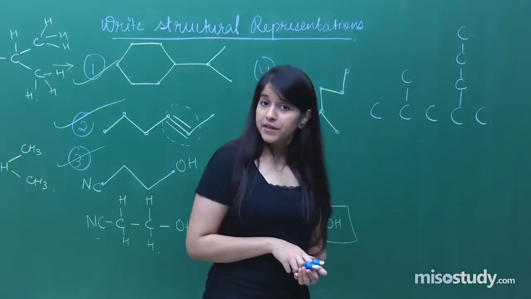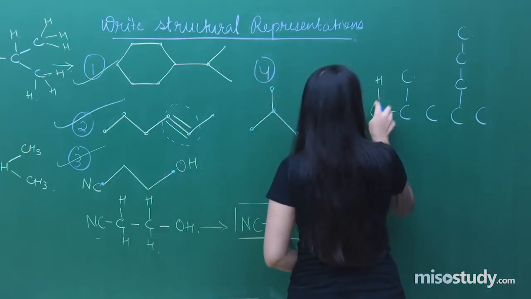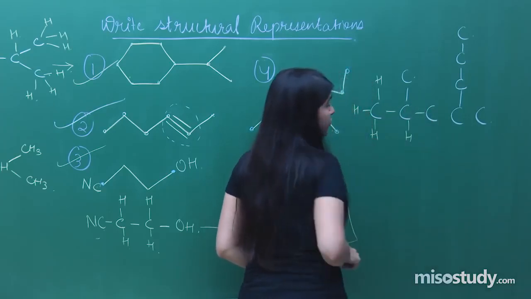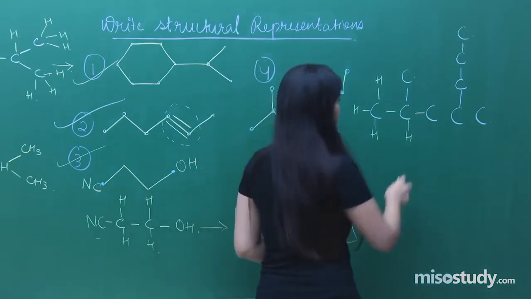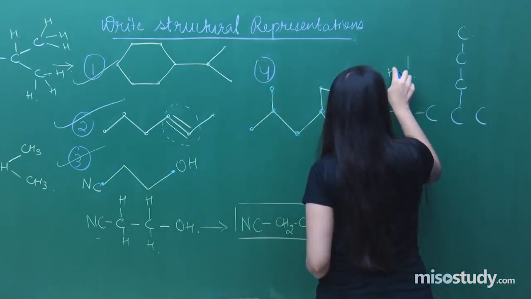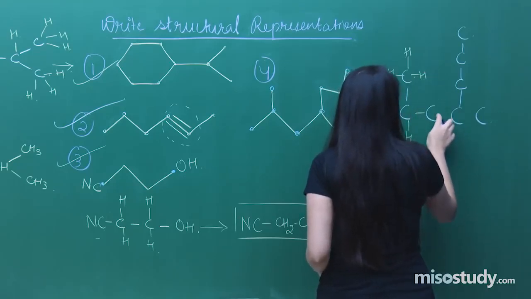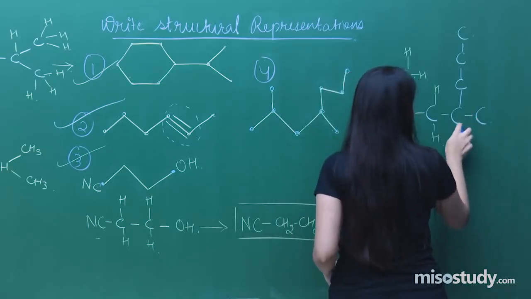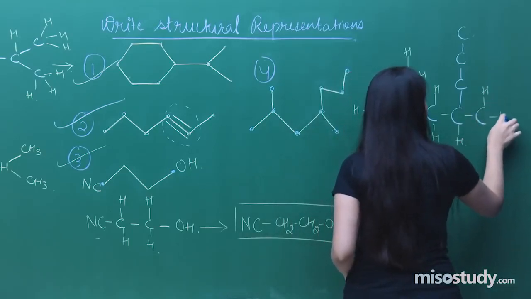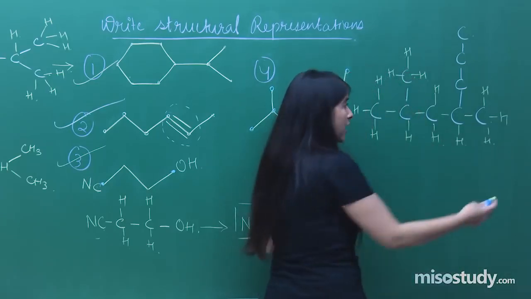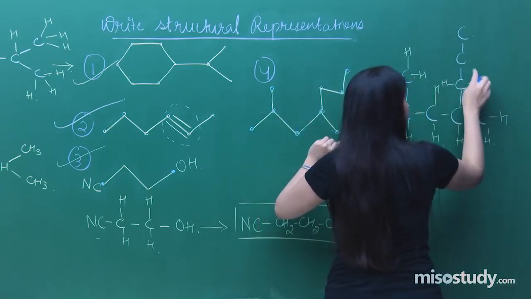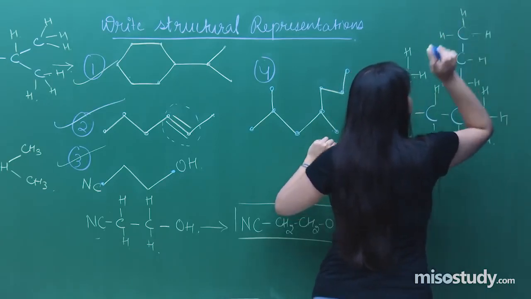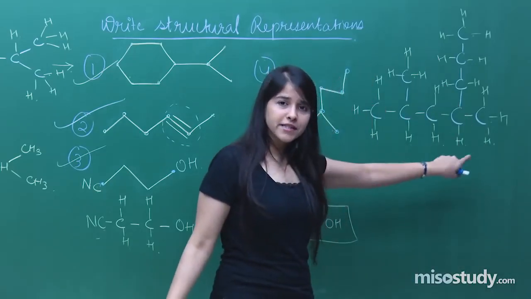Again, I need to complete the hydrogens. It's a methyl. So again, I need to attach 1 hydrogen in order to complete 4 bonds. Here it is also a methyl, 2 hydrogens. I hope everybody is following me. That is what you need to do. Again, 2 carbons, 2 carbons, 3 carbons. So that is how you are going to represent this very molecule.